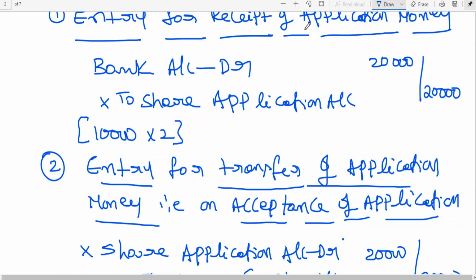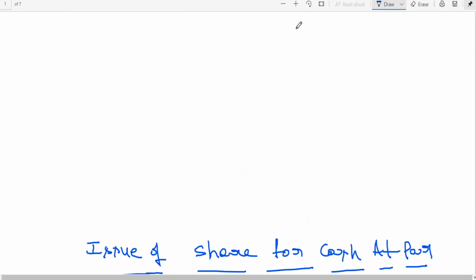Okay, they all are personal accounts. Liabilities are personal. Asset side, real, personal. Nominal accounts will go to where? Trading and profit and loss account. That's it. Now I have started today with saying that